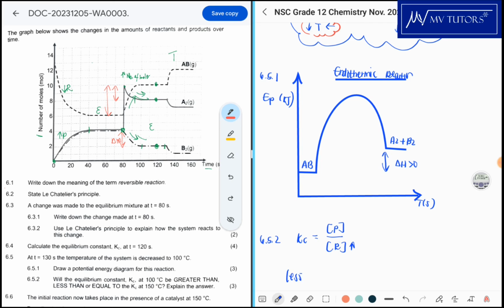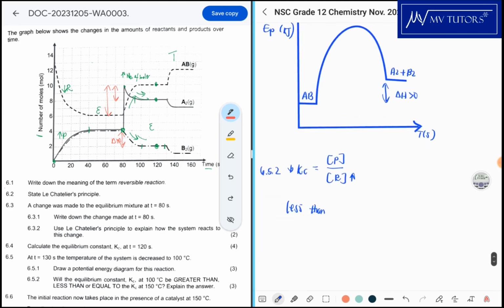It would have decreased. If you increase reactants, Kc decreases. So will the equilibrium constant Kc at 100 degrees be less than the Kc constant at 150